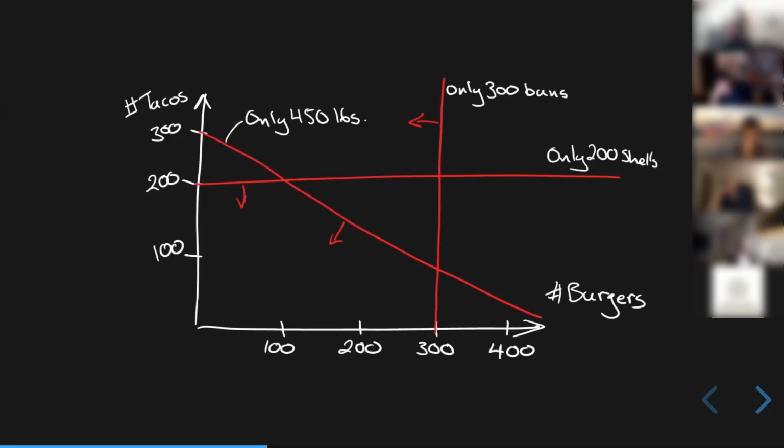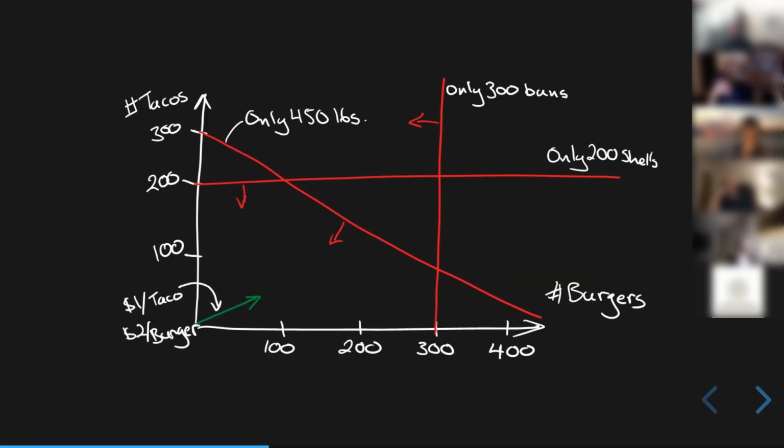And then I have the weight that the food truck can carry, which is this diagonal line. That diagonal line is basically what the weight limit is. If you had just tacos, you could pack up to 300 because of weight. If you had just burgers, you could pack 450 because of weight. I believe it's 450. But the solution is going to be below this. So these 3 red lines are the constraints of my problem. The solution has to exist in the space defined by those 3 constraints.